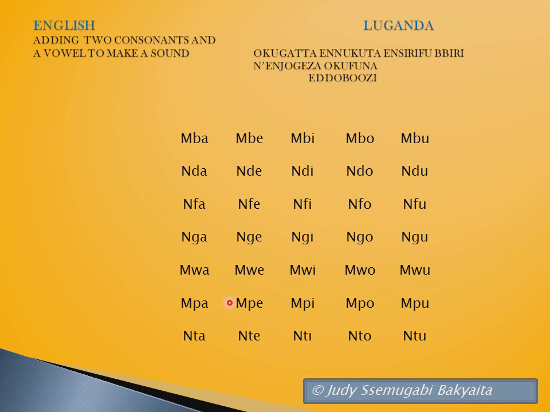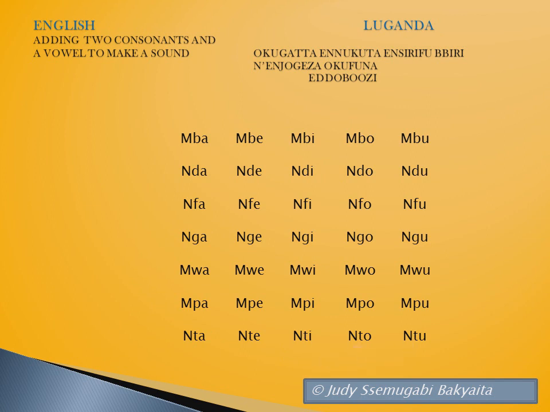Mwa, mwe, mwi, mwo, mwu. Mpa, mpe, mpi, mpo, mpu. Nta, nte, nti, nto,